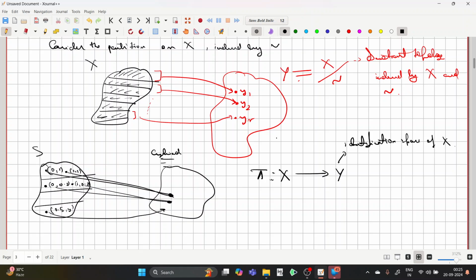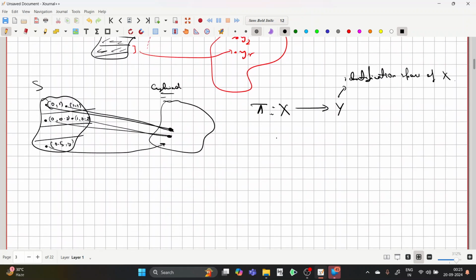So the identification space is actually a collection of subsets which form a partition of X, where each subset is identified to be a single point. That's exactly how the identification space is defined. So let me first give the intuitive definition, or rather the explained definition of the identification space. So, definition: